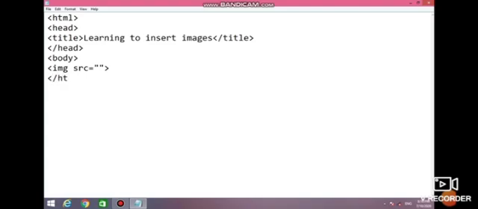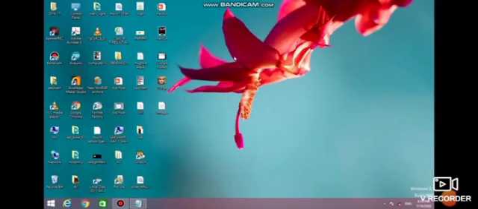In the inverted commas we will insert the name of the image. Close the body tag and html. The image tag is the main tag, src is the attribute of the image tag. Insert the name of the image. Here the image name is Durga.